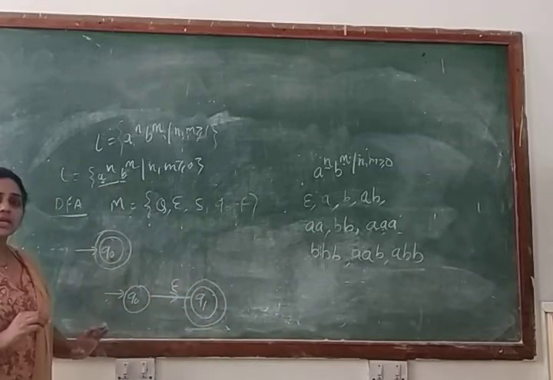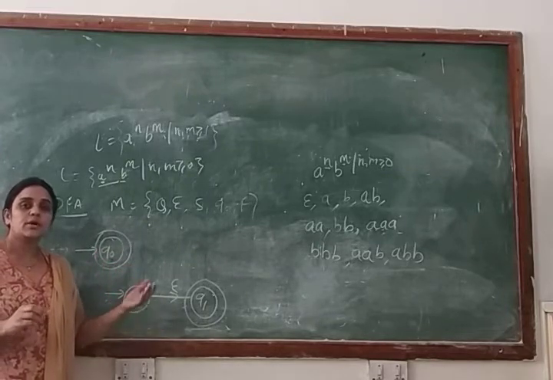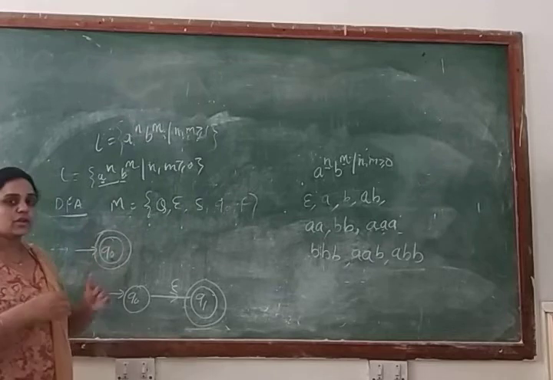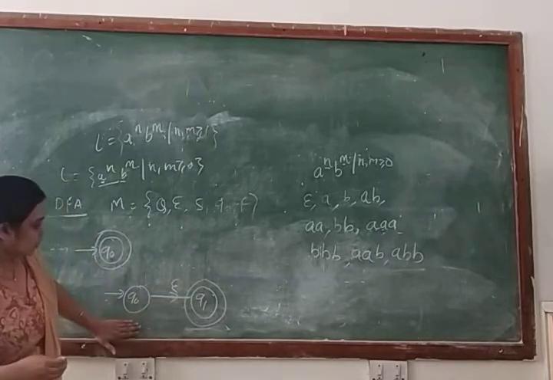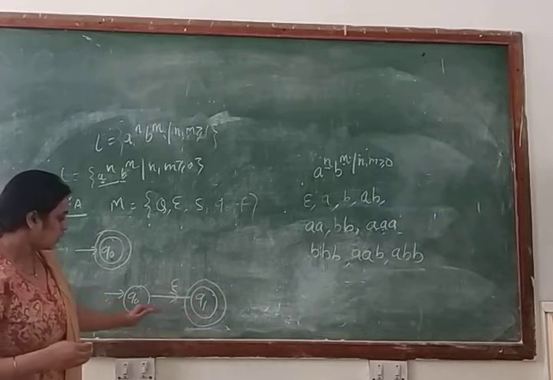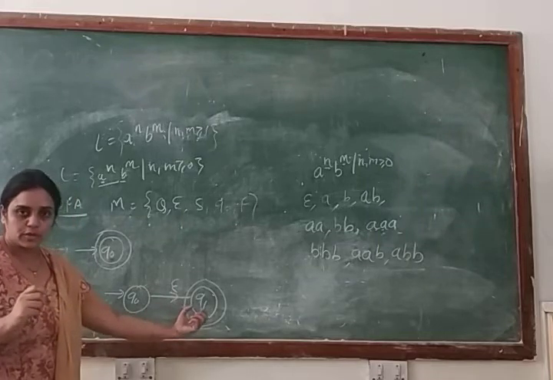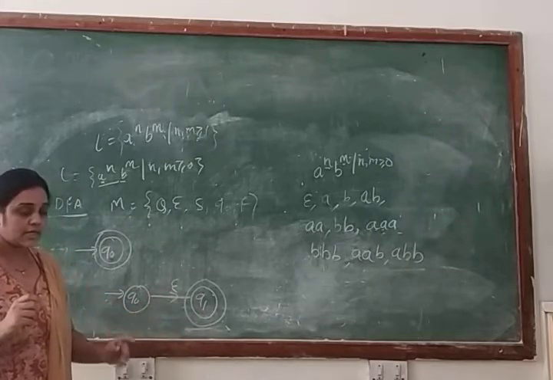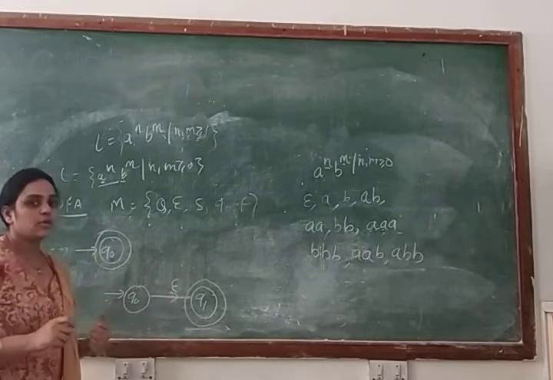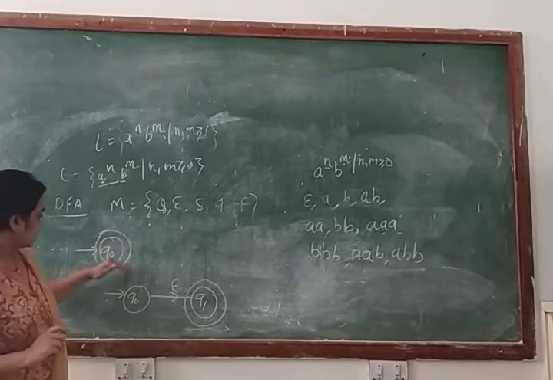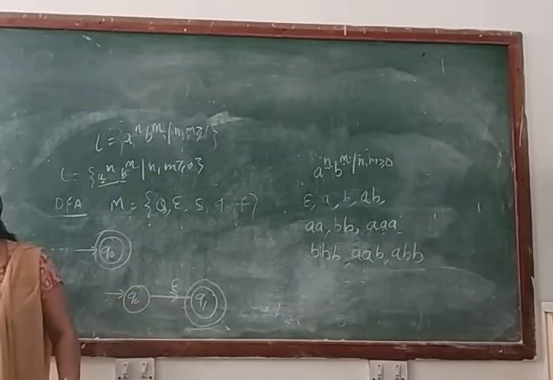You can make this type of machine also, but here we are discussing DFA, we are not discussing epsilon NFA. So here we cannot make a transition for epsilon. Clear? And the meaning of this machine is you have two states, Q0 and Q1, and you use epsilon for moving from Q0 to Q1. Clear? And Q1 is your final state, and epsilon is not treated as an input symbol. In that case we can say that Q0 and Q1 are the same state. So we can make it like that: Q0 is your initial state and Q0 is your final state also. Clear?